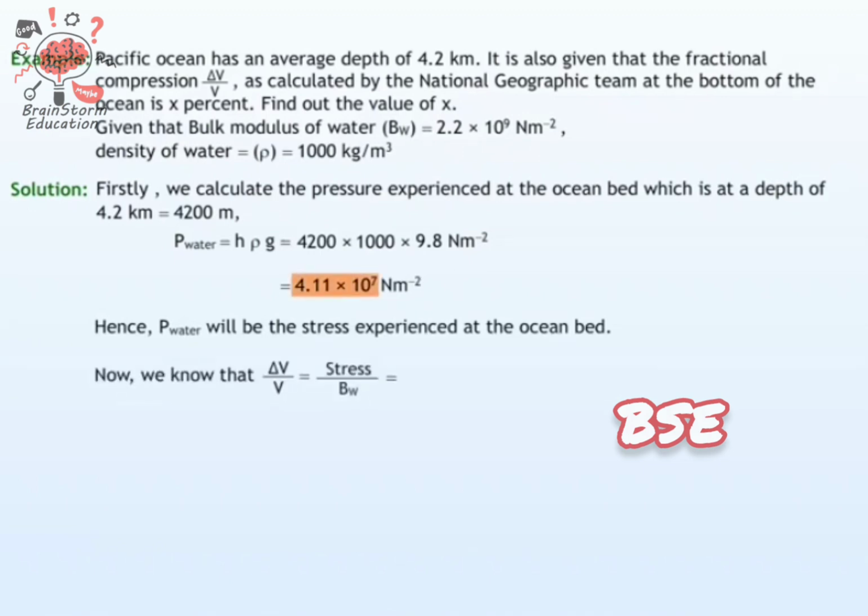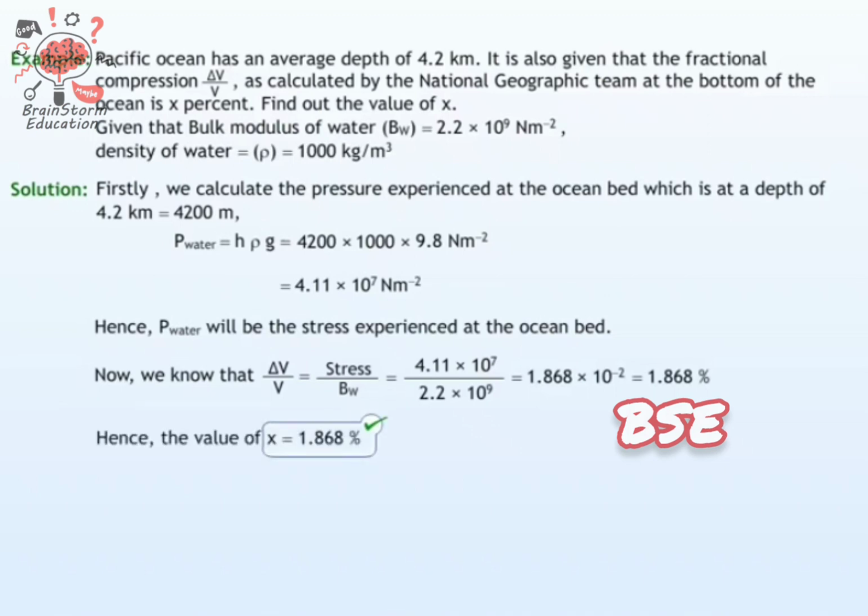Now we know that delta V by V equals stress by BW equals 4.11 into 10 raised to 7 by 2.2 into 10 raised to 9 equals 1.868 into 10 raised to minus 2 equals 1.868%. Hence, the value of X equals 1.8